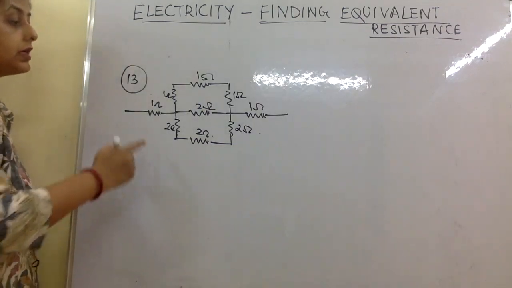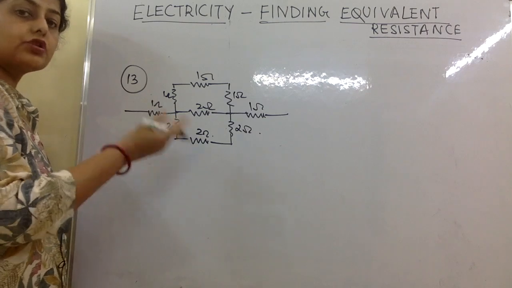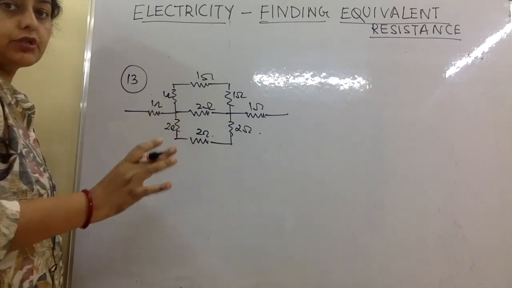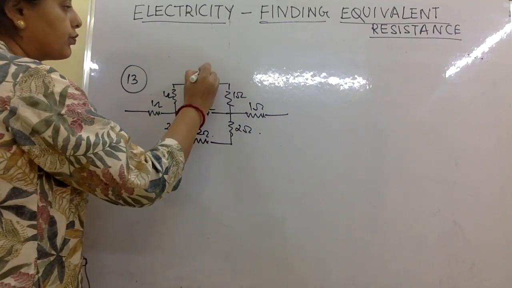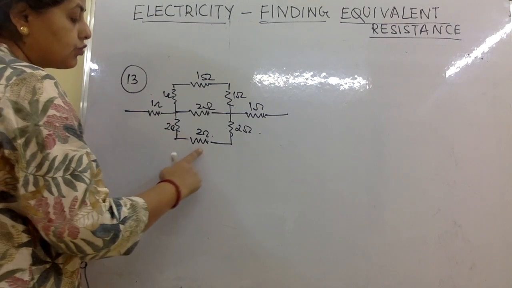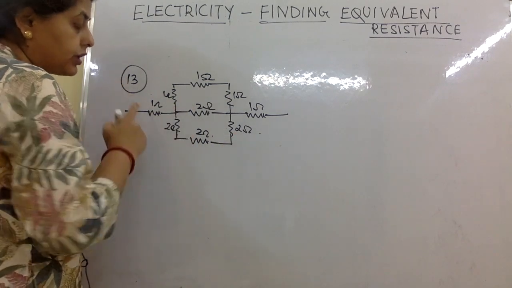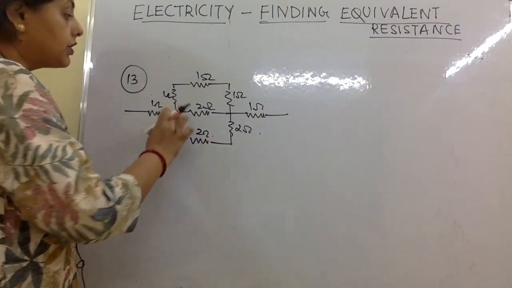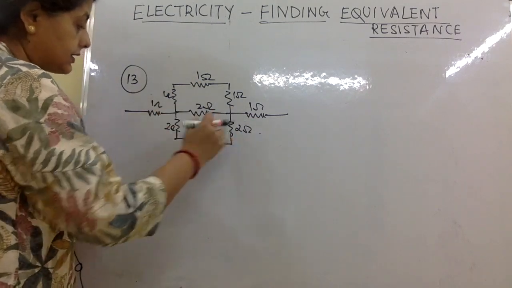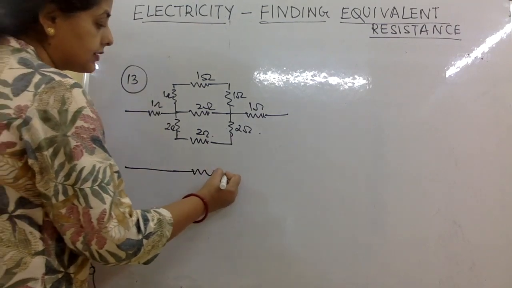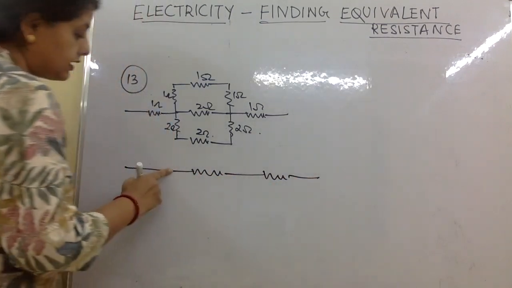Now they want the effective resistance of this circuit in question number 13. Okay. Now the first thing is, I have to observe this question. This is 1 ohm. Okay. 1 ohm, 1 ohm, 1 ohm. 2 ohms, 2 ohms, 2 ohms. And this is 2. So first I will not think about these 2 points. First I will think about this and this. Now note, I can make this like this, something of this kind. I can make it